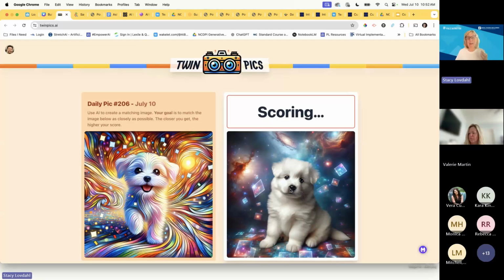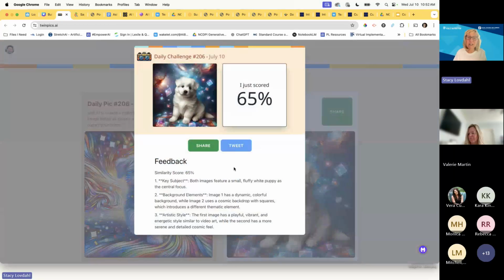Oh my, I should have said happy. Okay. So it's sort of cosmic. It has some squares. And oh, I didn't do as badly as I thought I would. But then you can click on share, and it won't share it unless you actually click share again, but it will tell you how it gave you the score that it gave you. So what I like about this site is that in the background, once you click that, it'll give you information about why it gave you the score that it gave you. And then you would just close it.